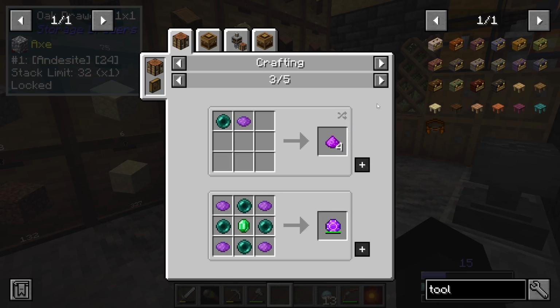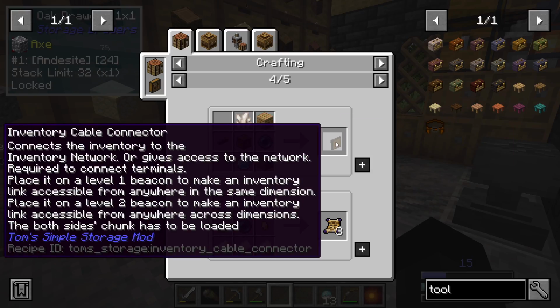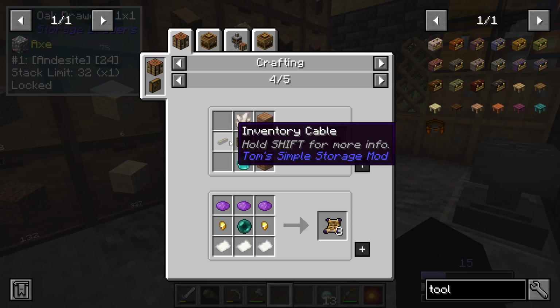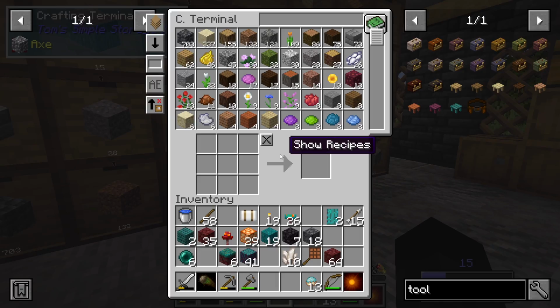But obviously there's waystones, all that kind of stuff. This is one of the things we are definitely going to need. This gives access to the network required to connect terminals. So we are definitely going to need one of these, and for that we're definitely going to need some of that. So we might as well get on, and let's grab a little bit of oak